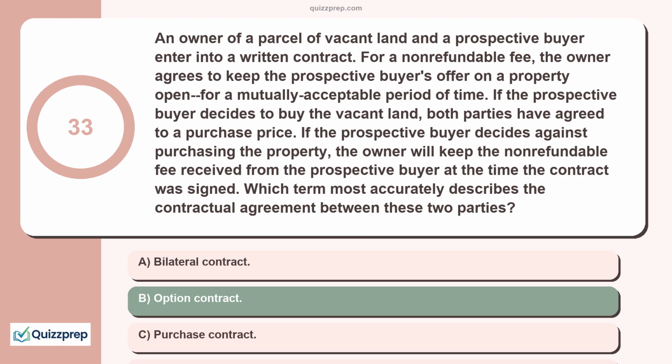D is incorrect. An unenforceable contract prevents the victim of a breach of contract from going to court and suing. Here are some common examples of an unenforceable contract: a verbal contract when a writing is required, statute of frauds issue, a contract with an unlawful purpose, a contract past the statute of limitations, etc. There is nothing in the fact pattern to suggest that this option contract would be unenforceable in a court of law.